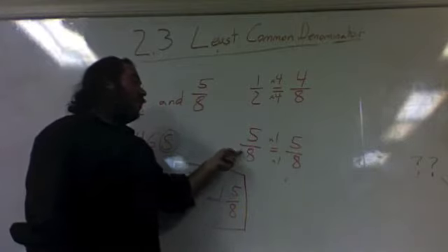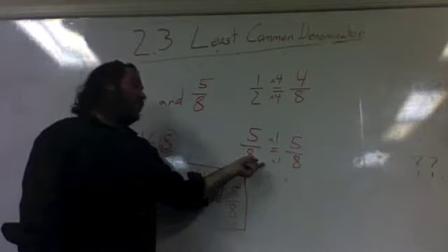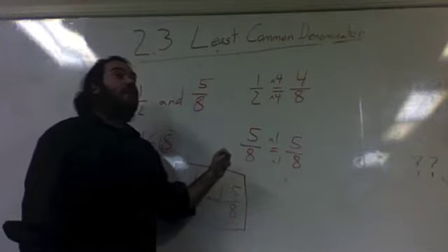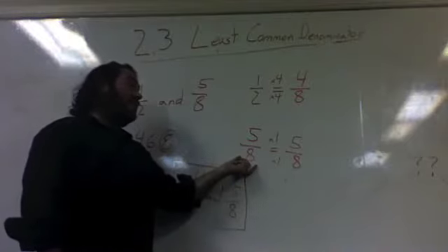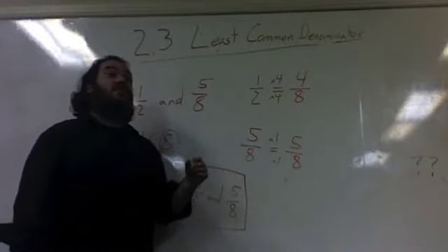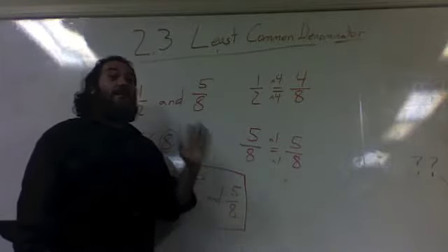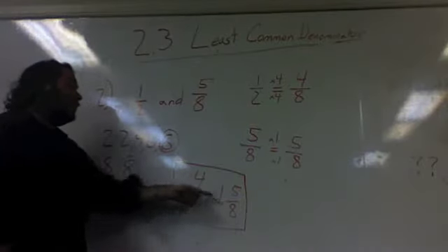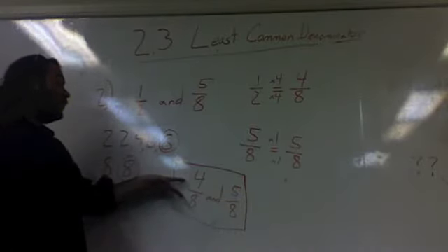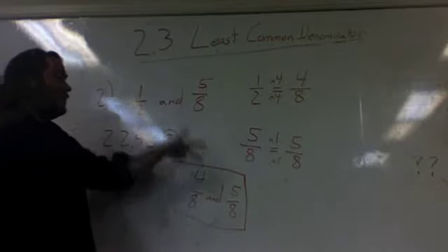5/8 already has 8 as a denominator. We only multiplied that numerator, or that denominator, by 1. Basically, we didn't change it at all. And if you don't change the denominator, you certainly don't have to change the numerator. So 5/8 got to stay 5/8. That's totally okay. We still have two fractions that have the same denominator. 4/8 is still equivalent to 1/2, 5/8 is still equivalent